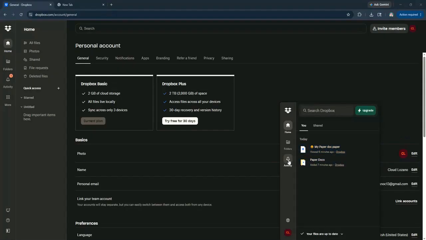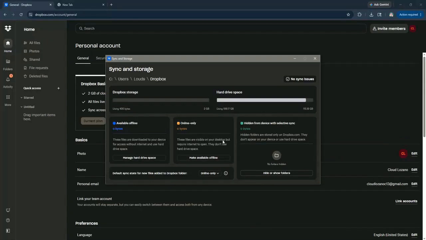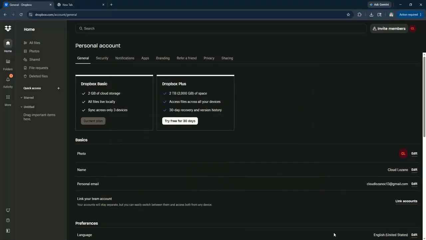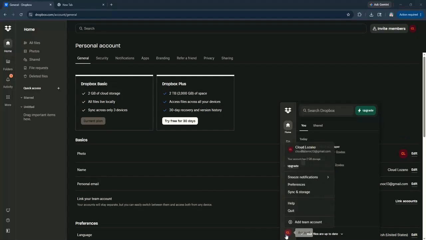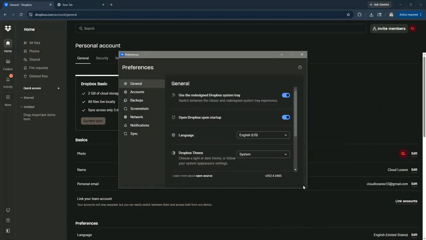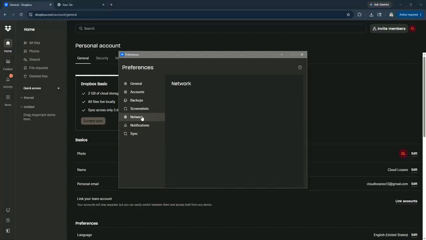Now, check the sync status. If you notice any files listed under syncing, it might mean Dropbox is trying to sync those files. If it's stuck, you can pause the sync and then resume it by clicking the Dropbox icon and selecting Pause Syncing, then Resume Syncing. If the problem persists, try restarting your computer, as sometimes a simple reboot can resolve underlying